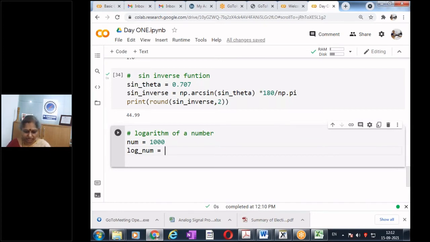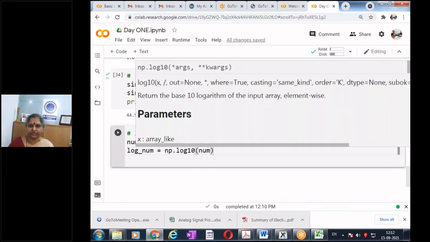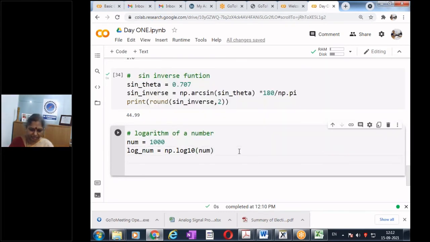So np dot log10 of my number. I'm doing np dot log10, and then let me print the result. Print log number.